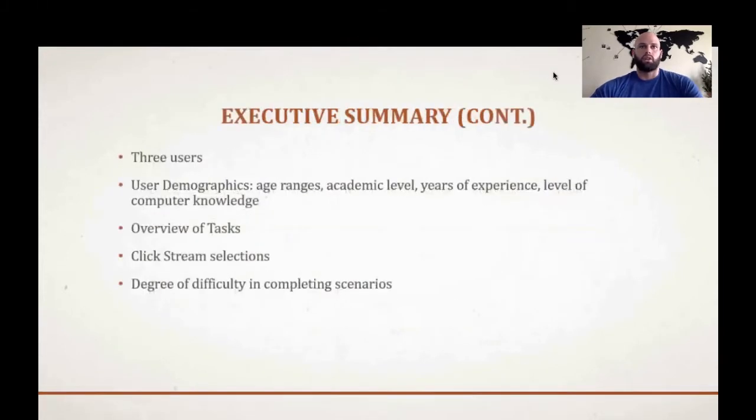The users in this study consisted of 3 women between the ages of 11 and 34. Of the 3 women, 2 are current students, 1 in college and 1 in middle school, and the third is a member of the general public, having already graduated from college. Between the 3 users, they have a combined average of 12 years of experience using the web and computers, and include 1 beginner, 1 intermediate user, and 1 experienced user when they express their level of computer knowledge.